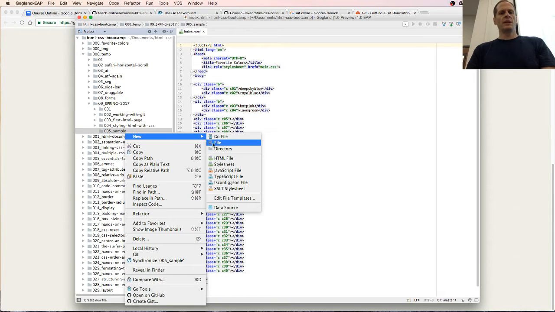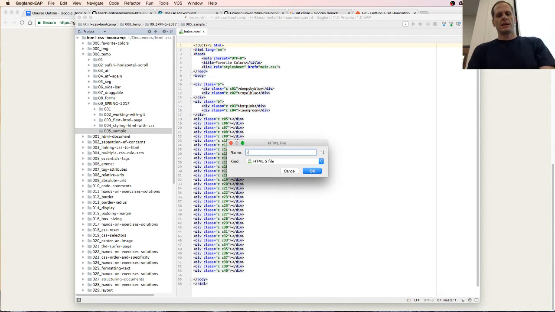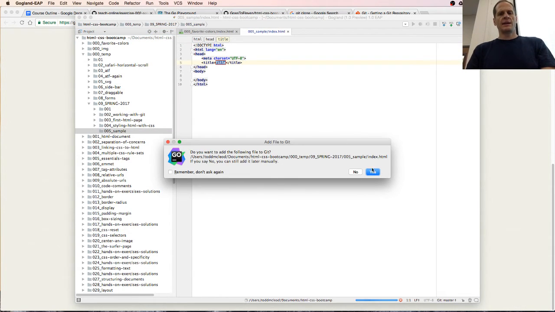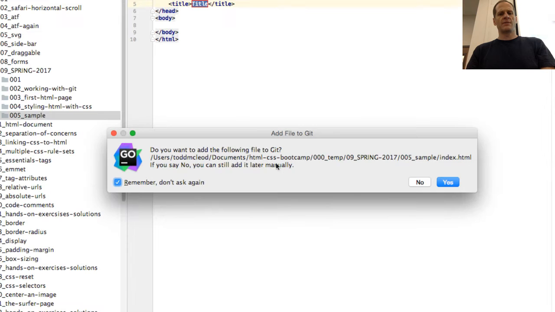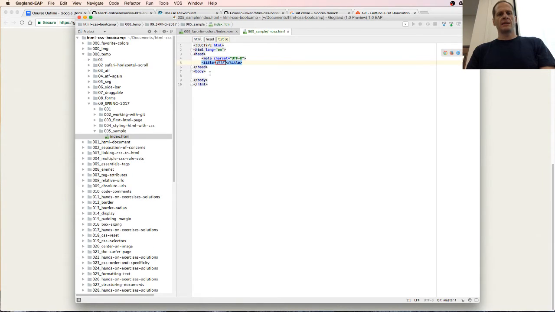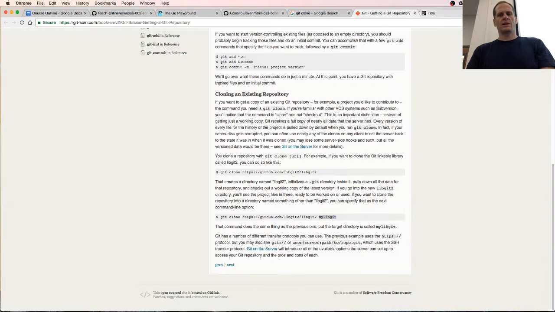And new, and then an HTML file, index.html. And yes, I always want this to automatically add the following to Git. And then hit yes, and then I'm going to do h1, hello world, and save it, test it, nice, and